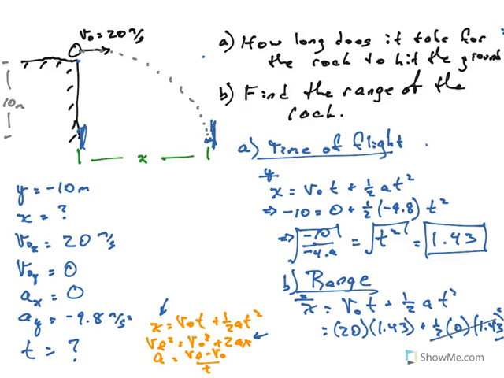So there we go. This term is 0, and so it's just 20 times 1.43, and I get x equals 28.6. So how far will the rock travel horizontally by the time it hits the ground? 28 meters. So you see,